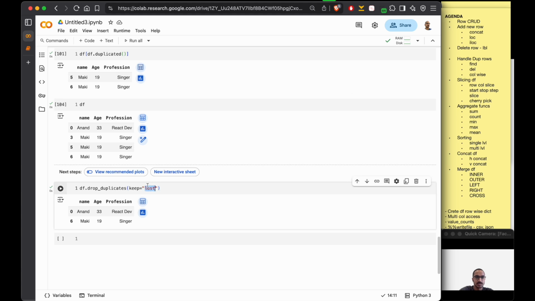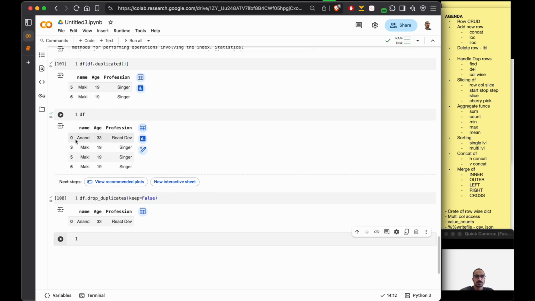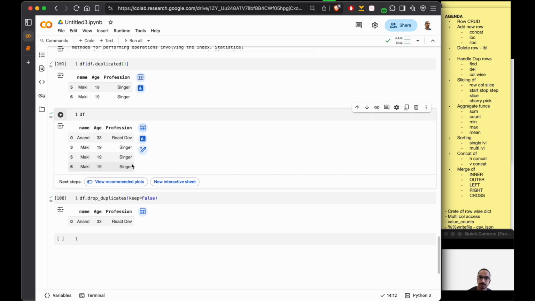Now if I set it to false, then you will see it will get rid of all 3. All things that are similar will be removed. So it got rid of all 3. So that's how you handle duplicates